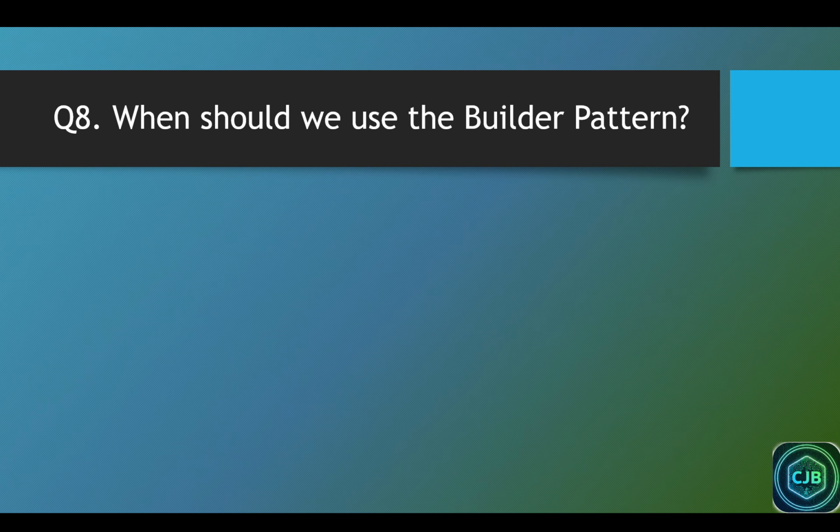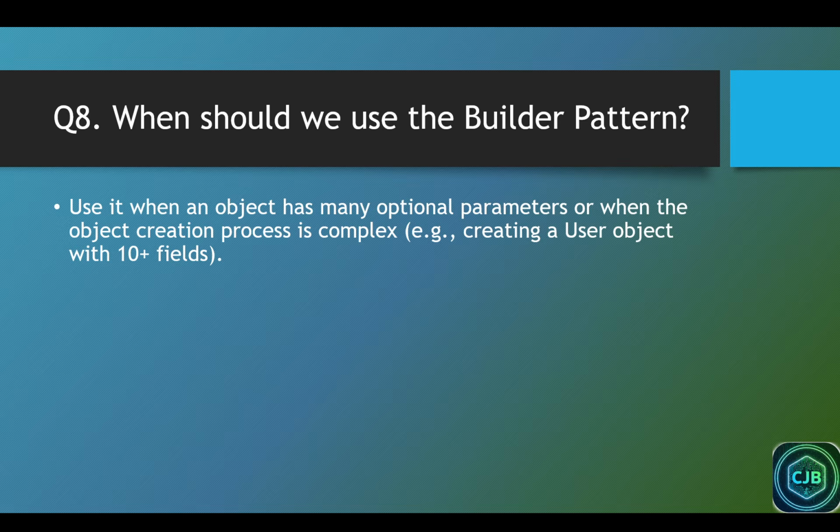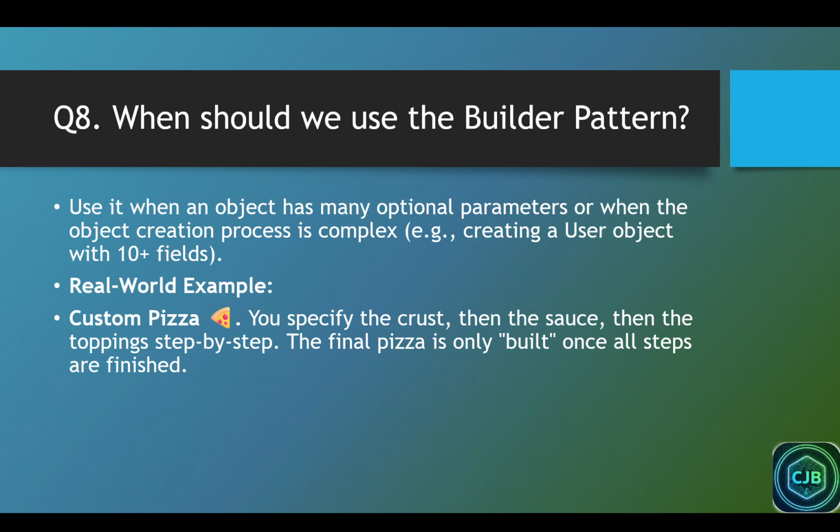When should we use the builder pattern? Use it when an object has many optional parameters or when the object creation process is complex, that is, creating a user object with 10 plus fields. Real world example: custom pizza. You specify the crust, then the sauce, then the topping step by step. The final pizza is only built once all